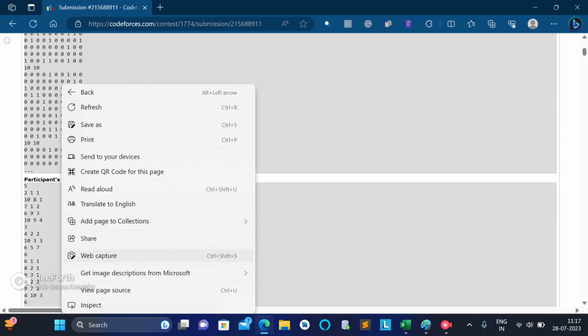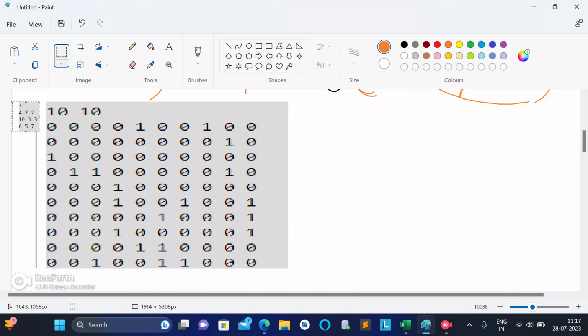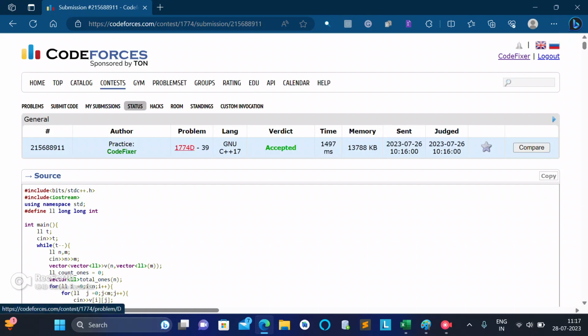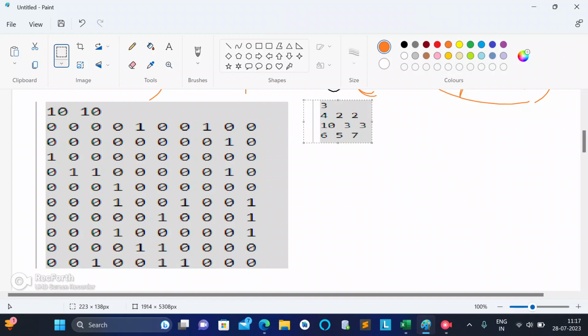And we can see that the answer to this question is a minimum of 3 operations required in order to get the same number of ones in all the rows. So now this is my answer. Okay, so let's see whether we will be able to get the answer or not. The first step is